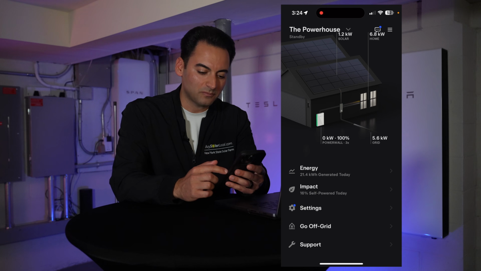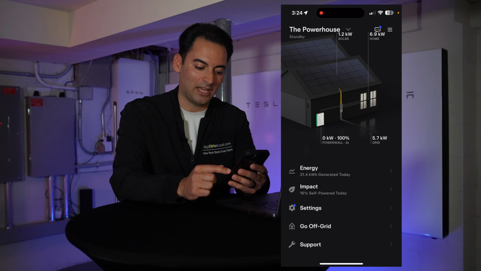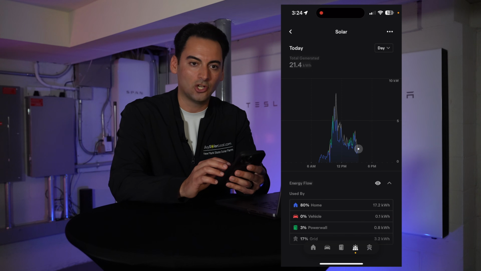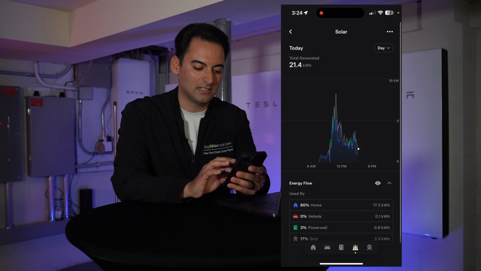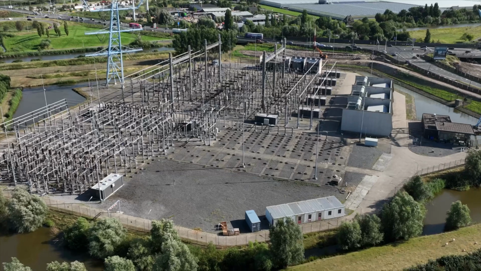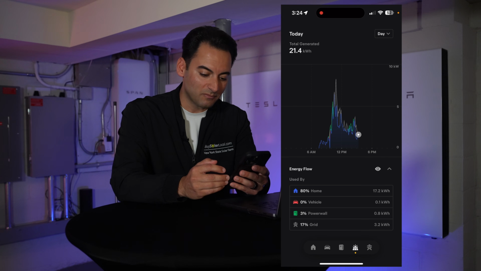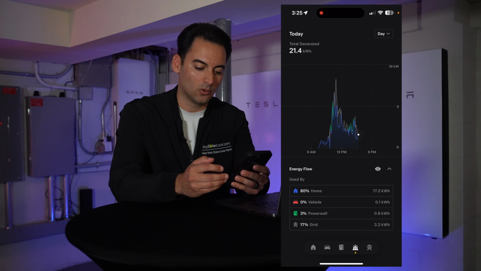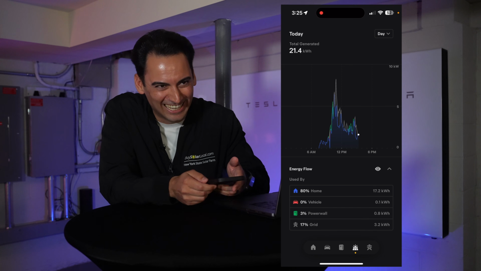Then if we go under, you have 1, 2, 3, 4, 5 tabs on here, starting with the energy tab. So let's dive into the energy tab first and see if there's anything new on there. On the energy tab, you could see all of these things on here. You could see the home, the vehicle, the Powerwall, the grid. All of those are showing what you pulled from the battery, what the car used, or what the home used, or what you pulled from the grid. So on each of those, you're able to see